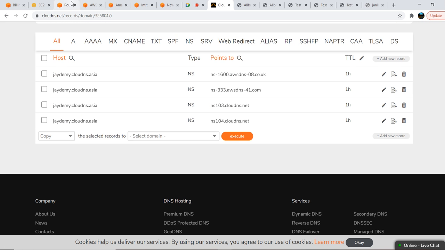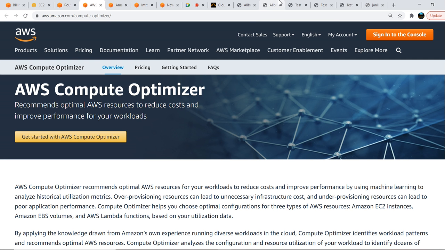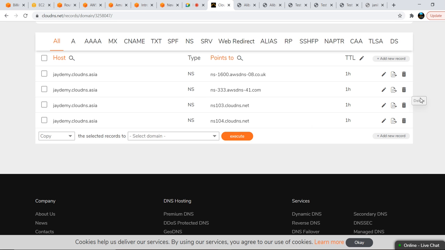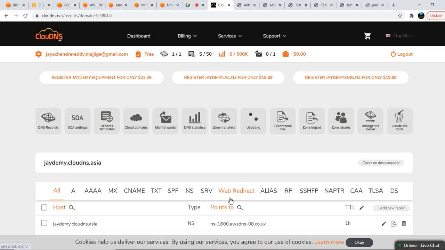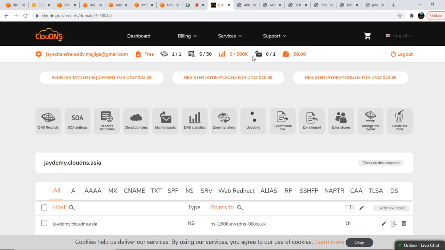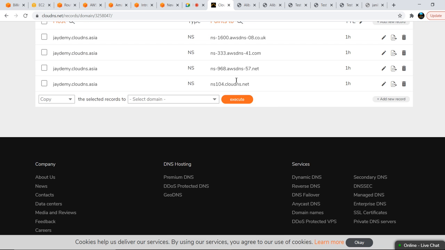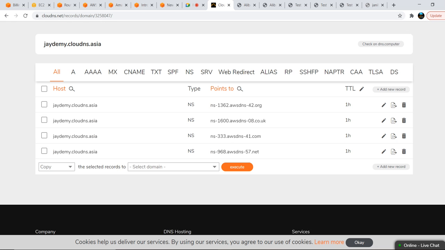Okay, now the third one is copy. Why? Because that one is not working. That is the reason we have created another hosted zone. A hosted zone is not a free one. Don't create and play, but whenever you really require it, then create a hosted zone, or else you can directly create one domain itself with AWS. That will be a good one. Update. So I have updated my name servers now.